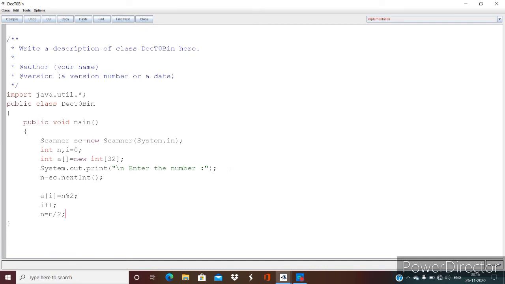And how long should this process continue? This process should continue till n is greater than 0.